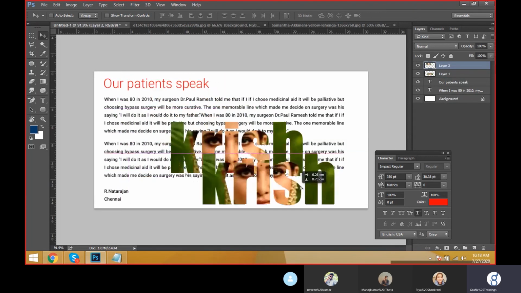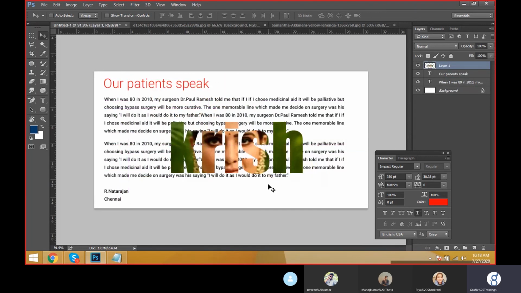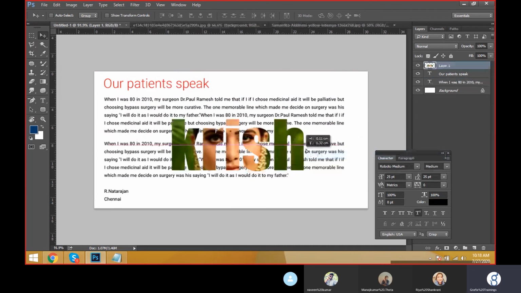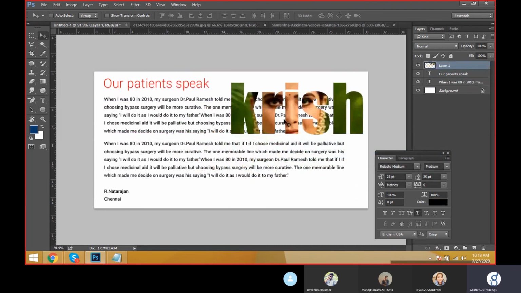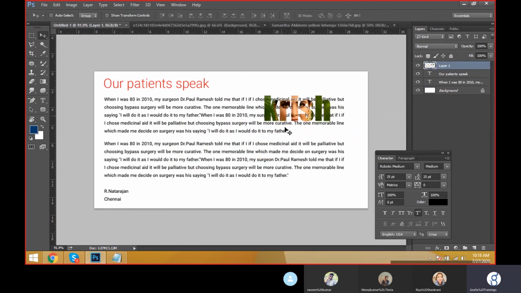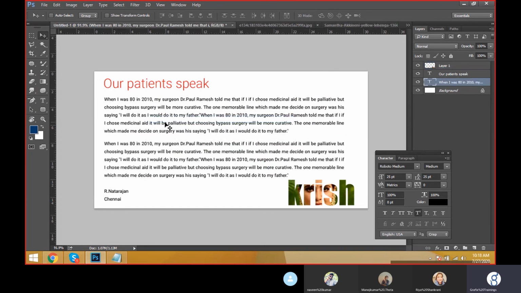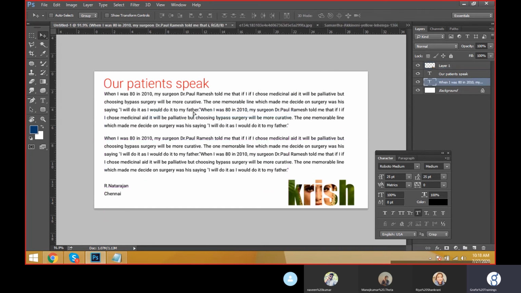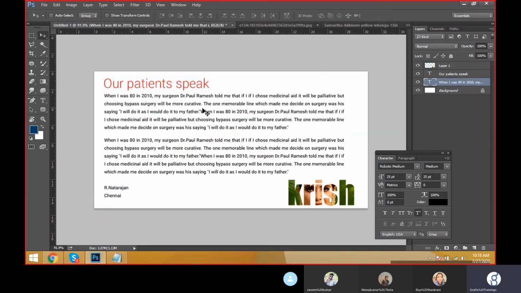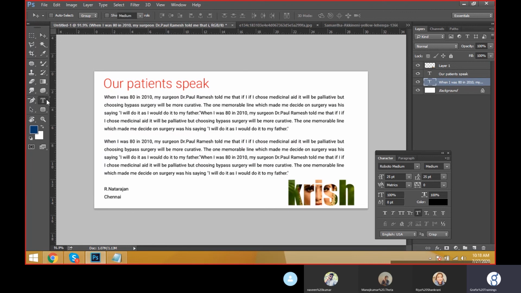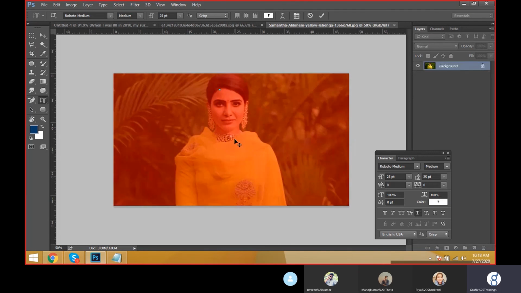And like this we can work with the masking area. This is called masking part. This is the paragraph text and this is the masking part. We can transform the text area. The text is very clear, ma'am. See, it's very visible to the clients. Like this we have to keep the text, and this is the horizontal type mask tool as well as the vertical type mask tool. Like this it will come.